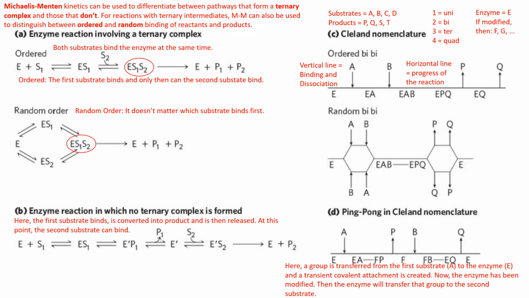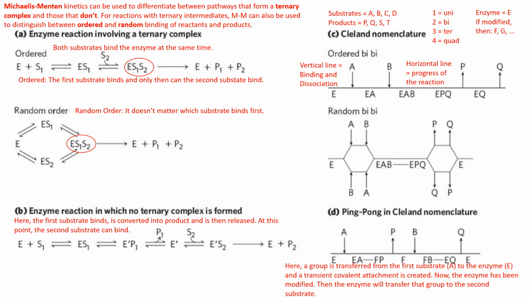Okay, Michaelis-Menten kinetics can be used to differentiate between pathways that form a ternary complex and those that don't. So what is a ternary complex? It's when the first substrate binds, and only then can the second substrate bind. For reactions with ternary intermediates, Michaelis-Menten can also be used to distinguish between ordered and random binding of reactants and